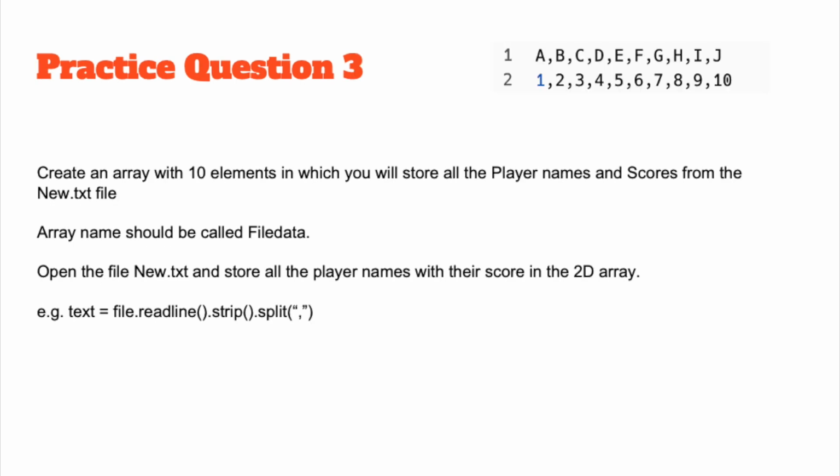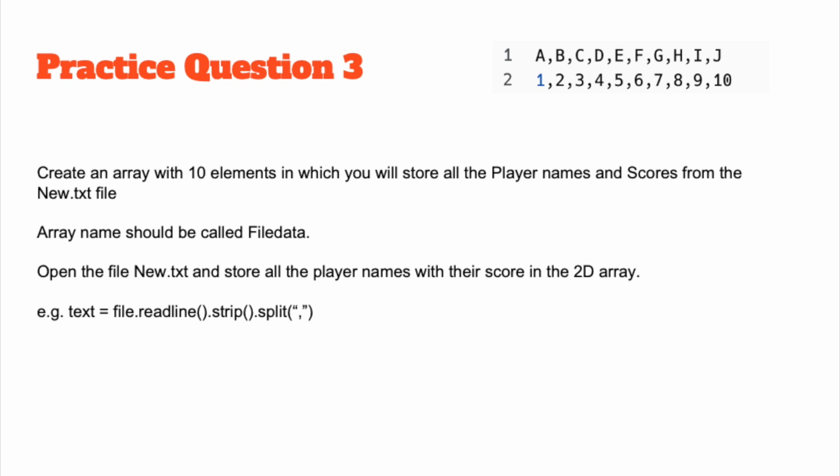So let's have a go at practice question 3, which puts all of this together: your readline, your strip, and your split functions. Create an array with 10 elements in which you will store all the player names and scores. The array name should be called file data. Open the file and store all the player names with their score in the 2D array. The function you should be using here is a combination of all 3, and you can use it this way: text is equal to file.readline brackets dot strip brackets dot split, and in that bracket you put a comma because we're going to have comma separated values